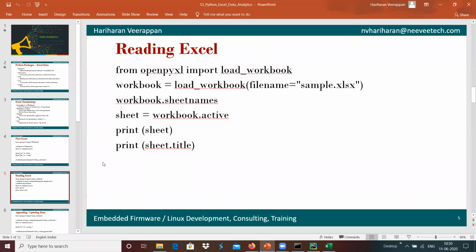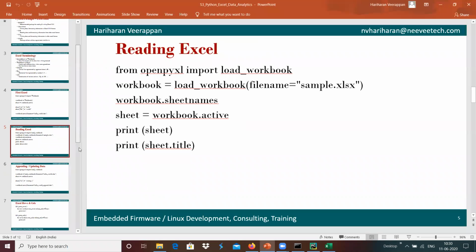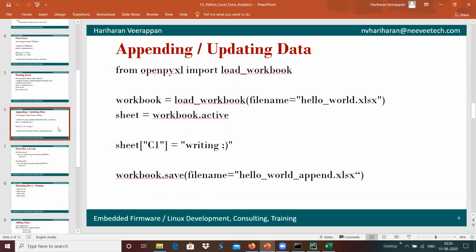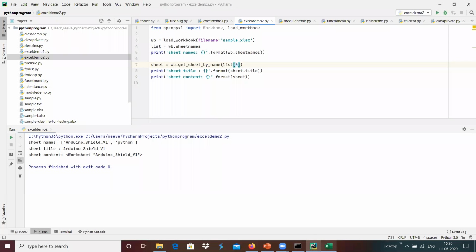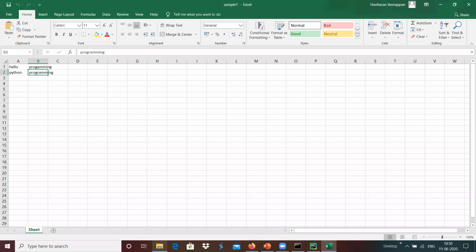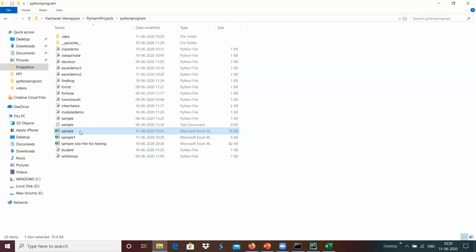And in a similar way, we can update the data and save the data into the file. For example, we have loaded this and we wanted to update some data here. I'm going to open this sample.xls.